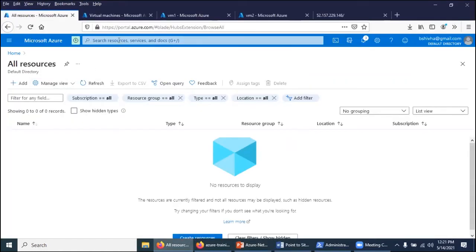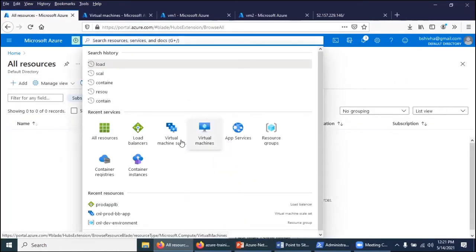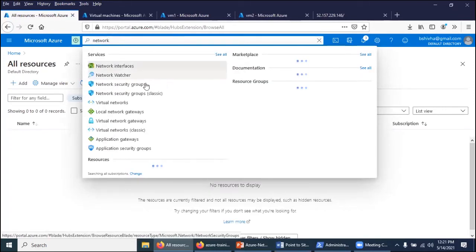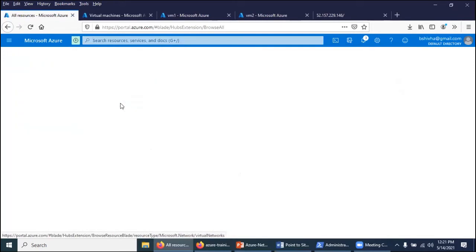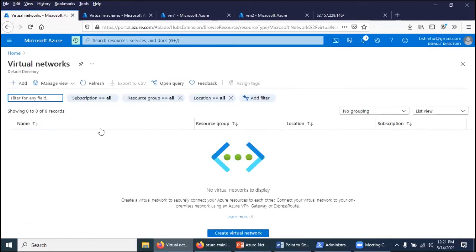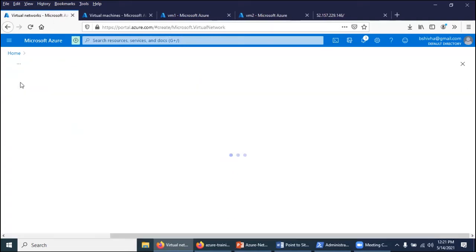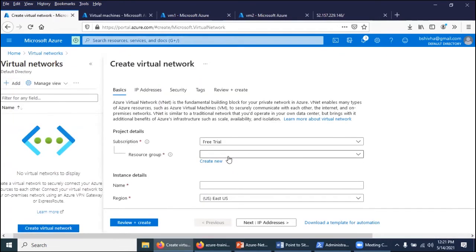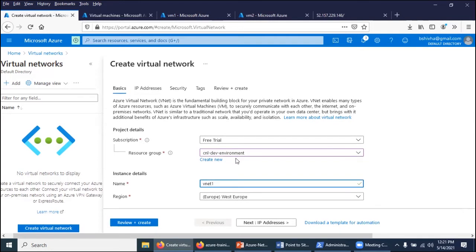Let's type virtual networks and create a virtual network. I'm creating a resource group, and I'll name this VNet1.